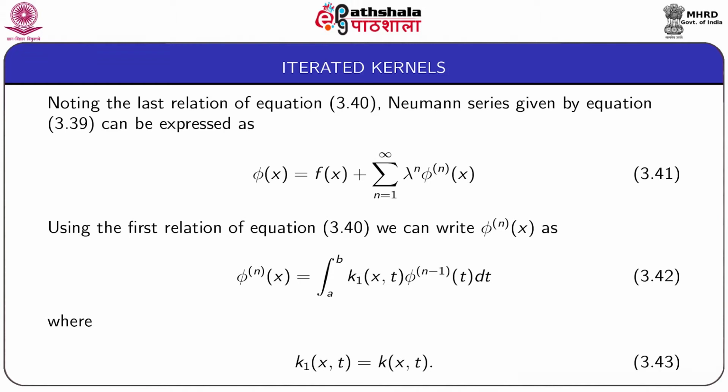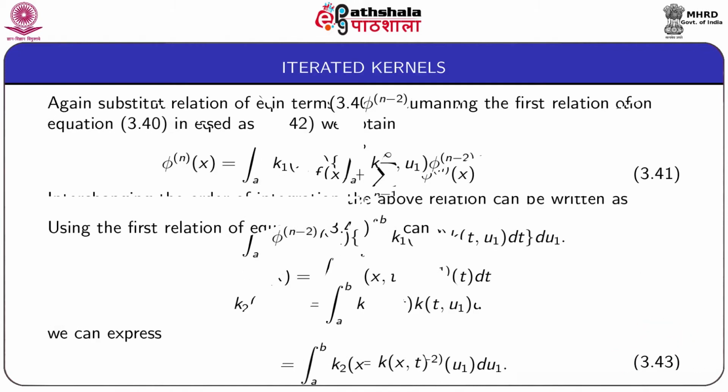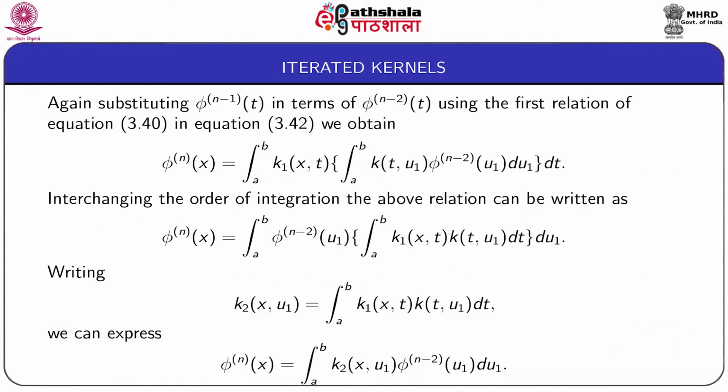It is given by equation 3.43. Now, the function phi superscript n minus 1 (t) occurring in the right hand side of equation 3.42 can again be written in terms of phi superscript n minus 2 (t) by using the first relation of equation 3.40,